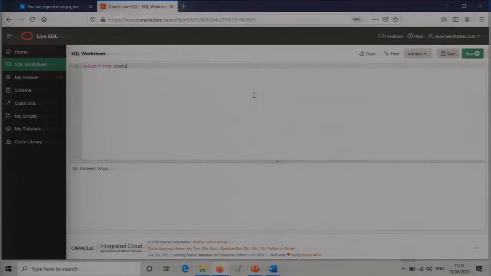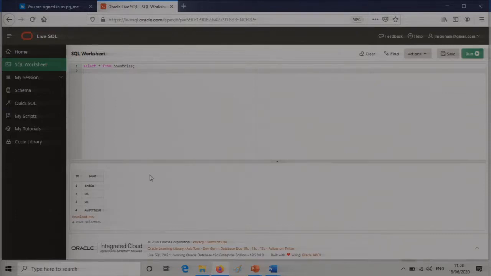So what I'll do is select the tables for you. It shows select star from countries. So see here.